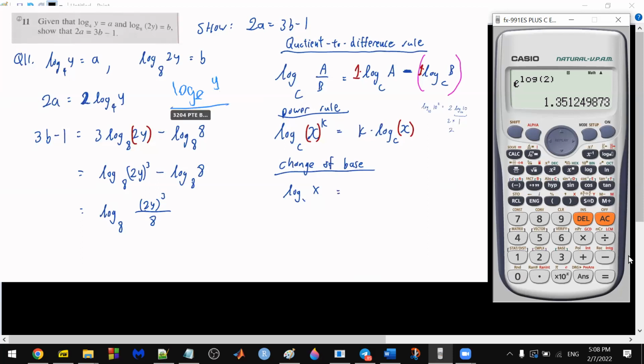I just use different letters. P and Q, it will be log of P over log of Q. But you can choose a base. Doesn't matter. Choose C. Here, if you look at 4 and 8, I think a good number to choose would be 2, because 8 is 2 cubed, 4 is 2 squared. It will be easier to work with. But before we do that,